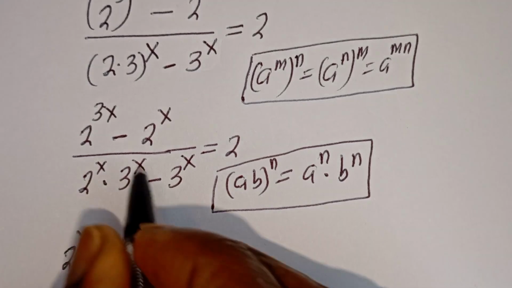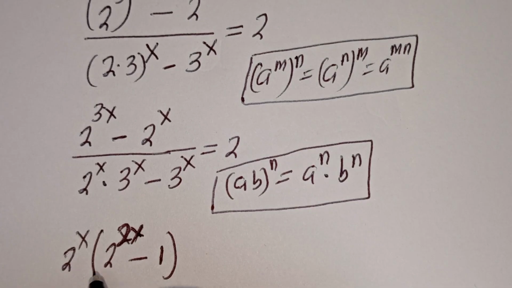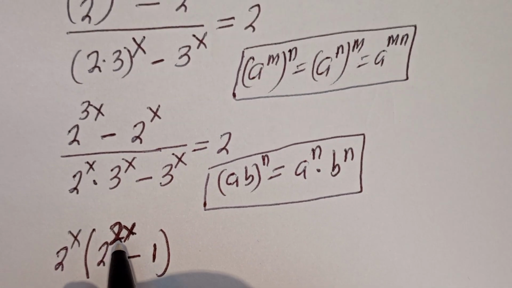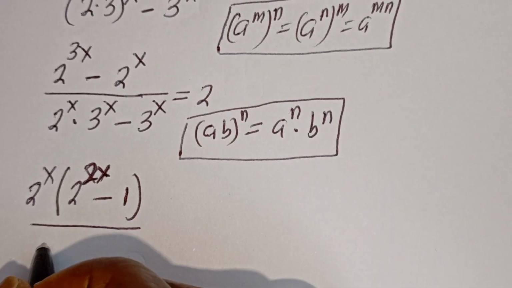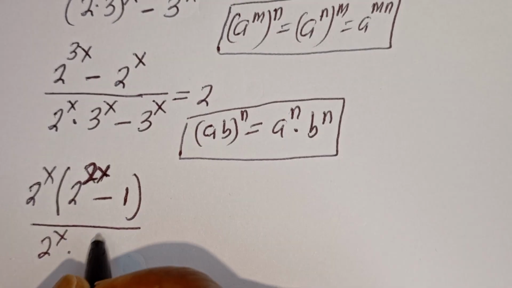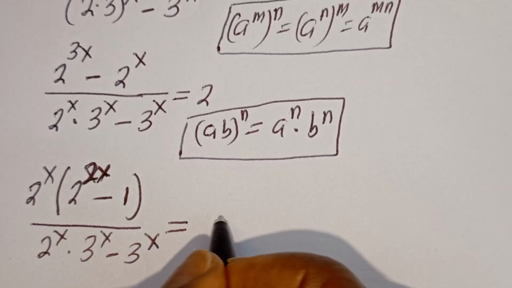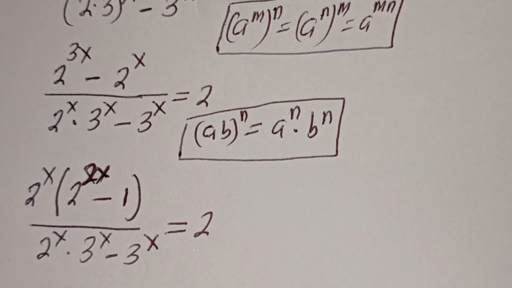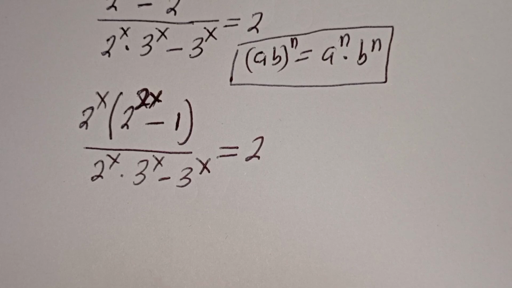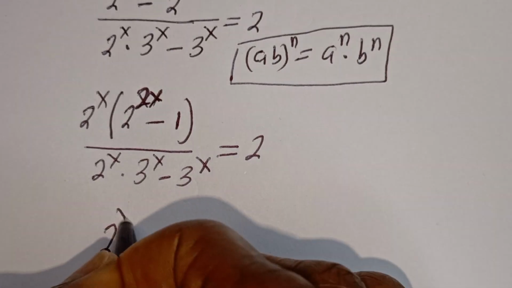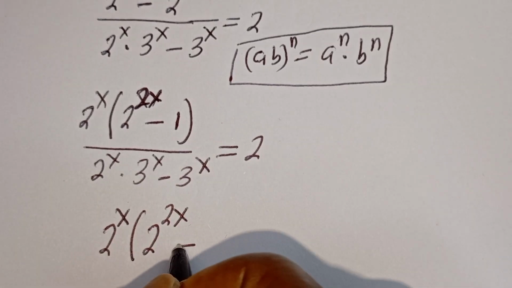Here we have 2^(2x) minus 1, then divided by, here we have 2^x multiplied by 3^x minus 3^x is equal to 2. Then we have 2^x bracket 2^(2x) minus 1